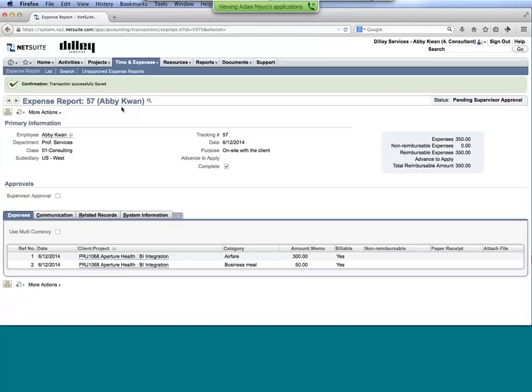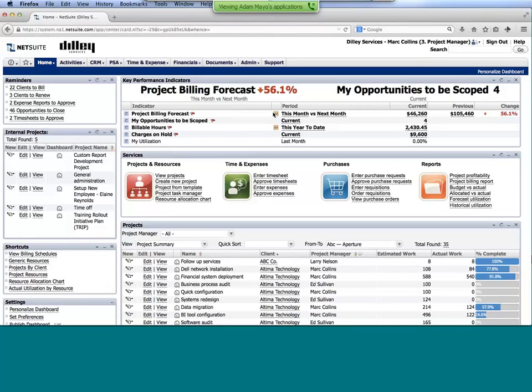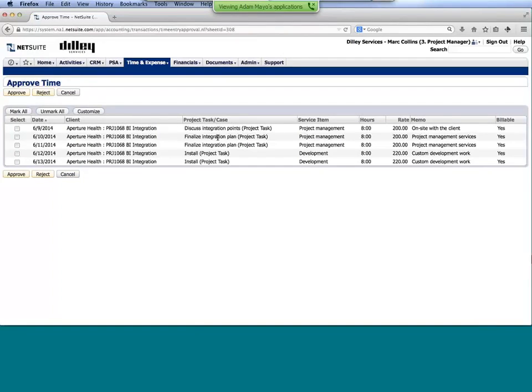So let's talk more about that. I'm going to navigate over into our project manager, who's been one of our primary users for today's presentation, and I have Mark, who's set up to approve Abby's time and expenses. So from here, I'm going to go over and look at my reminders, and I have 2 timesheets that are awaiting approval. So when I drill into that, I can see here are the timesheets. I can approve right from this screen, or if I wanted to look at the details, I just click into it, and it's going to show me the individual time transactions that Abby had just put on her timesheet.